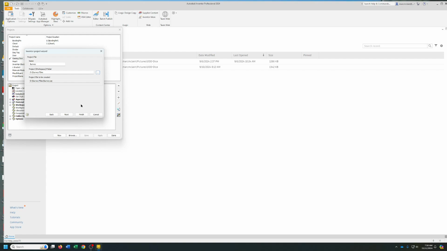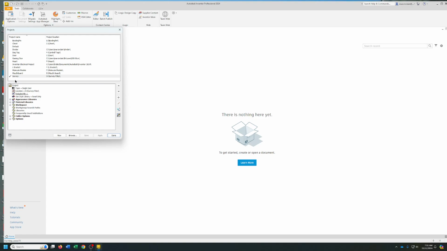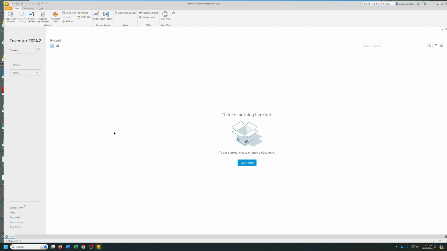Your path will basically just be to Documents, and you'll make a folder called Survey under Documents. And there we go. So there we have our project, and now it's our active one, so we can say we're done. All right, so now that we're done with that, we're going to go to File, and we're going to go to